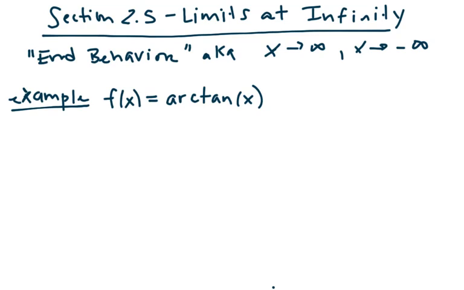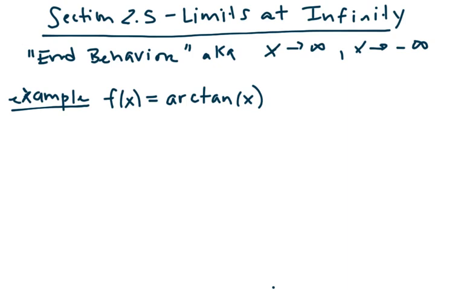Okay, so section 2.5 is limits at infinity. Limits at infinity mean we let x go to infinity, or get very, very large, or if x goes to negative infinity, that means it's getting very, very, very small and negative. You may have thought about this concept before, but called it by a different name, end behavior, in your pre-calculus